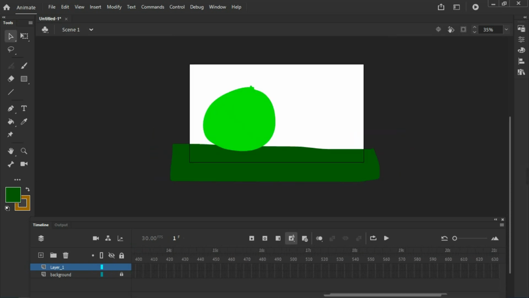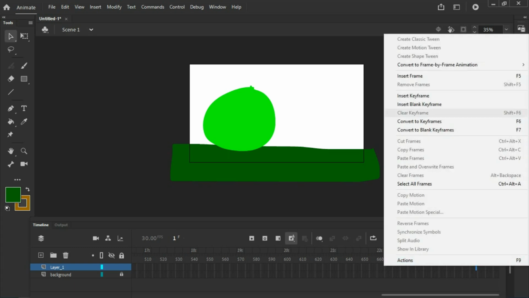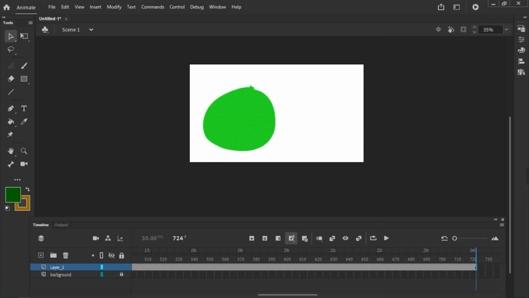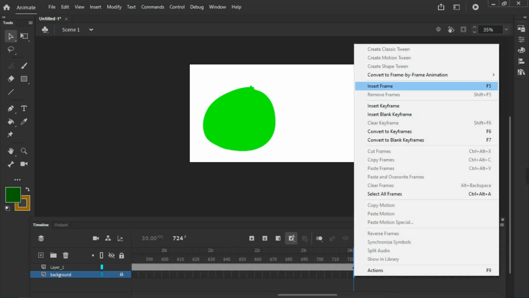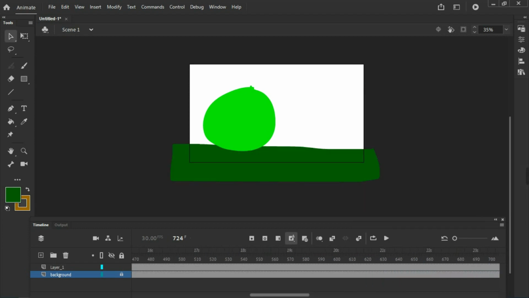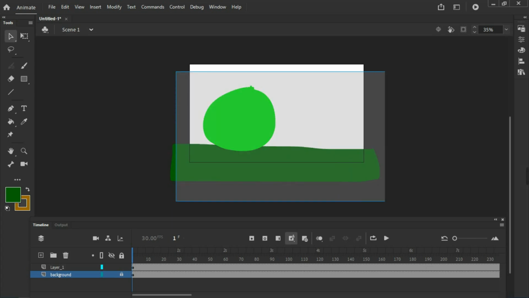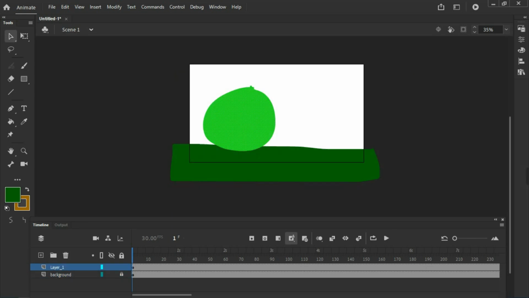Okay, so let me choose the animation for 24 seconds. Just right click here and insert frame. We are going to talk about this in a later video. Just learn this, okay? For example, here, as you can see, we just use the 24-second animation, and for layer 2, I am going to choose that too. So as you can see, for 24 frames, we got these two objects for 24 seconds.